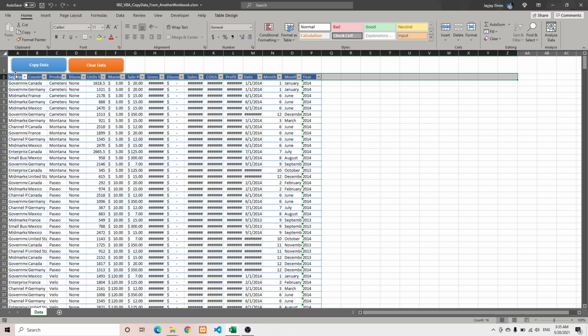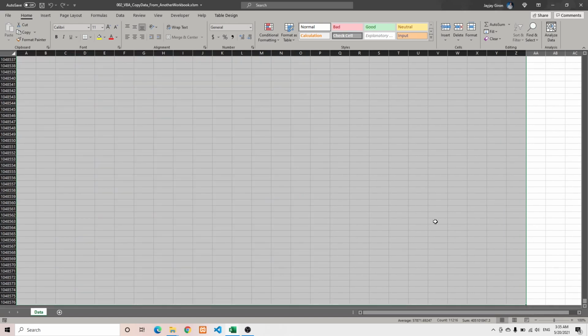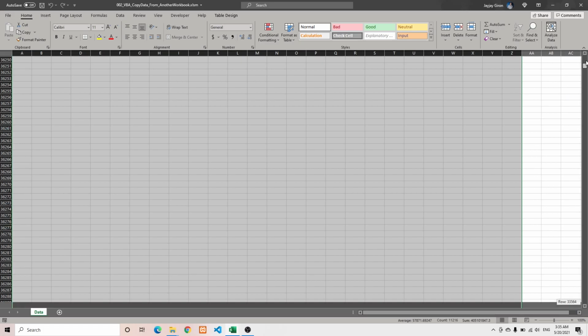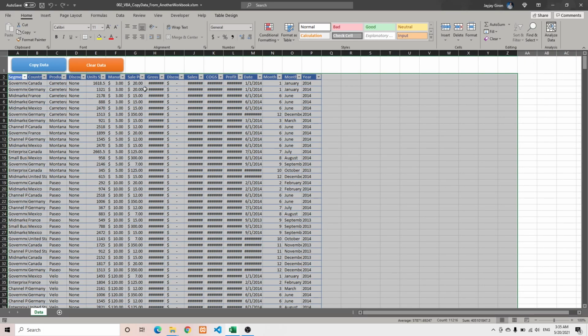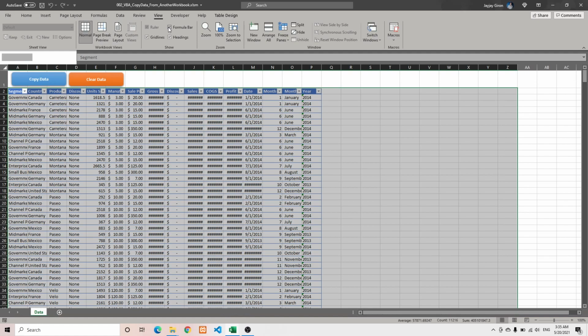So select the first row first, and then from your keyboard, press Control Shift and then arrow down again until it selects the last row of Excel. And once you have that range selected, make sure that your formula bar is enabled. And then from here,